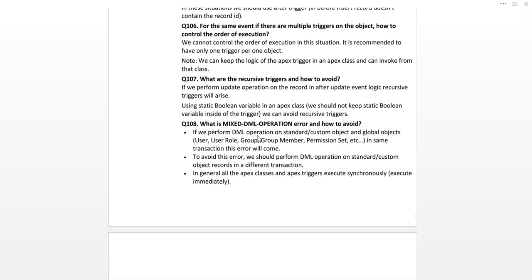If we perform DML operations on standard or custom objects and on setup objects like User, Role, Group Member, and Permission Set in the same transaction, this error will occur. To avoid these errors, we should perform the DML operation on the standard or custom object records in a different transaction. In general, all Apex classes and Apex triggers execute